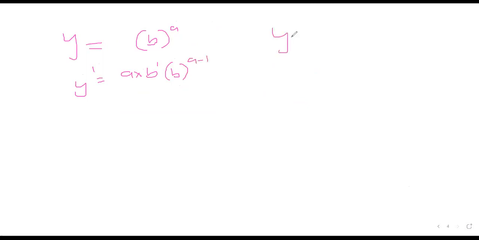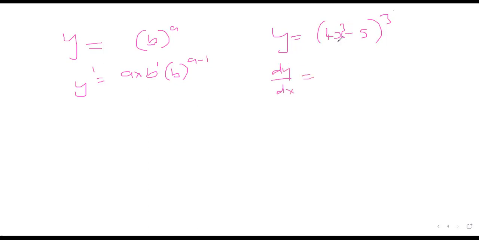So if you have y is equal to 4x to the power 3 minus 5, to the power 2, to the power 3. So dy dx in this case will be,